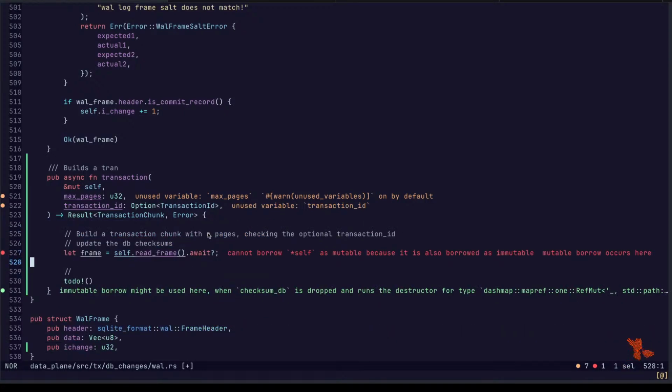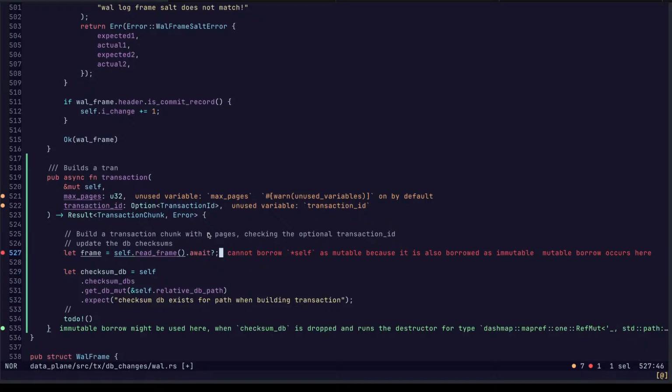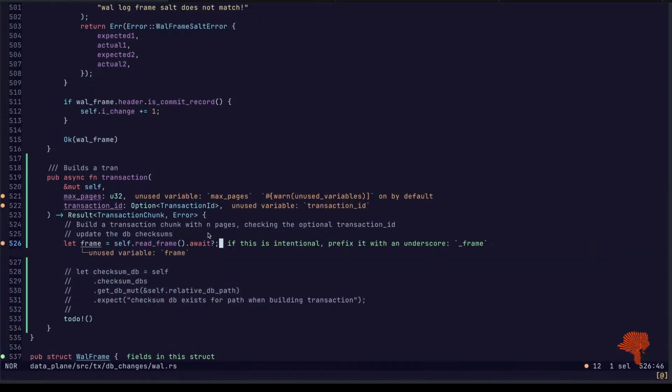We could do this piece all at the end after we get everything out of the frames. Then we could update all of the checksum DBs and then return the value. Let's try that.